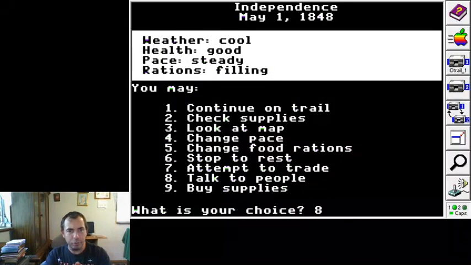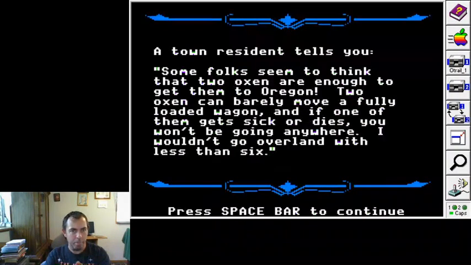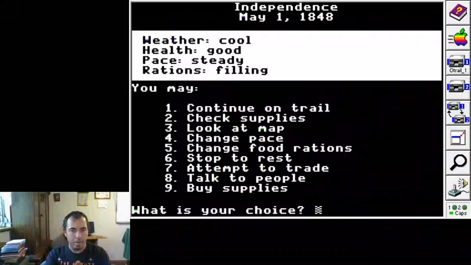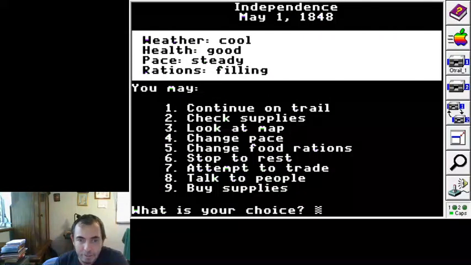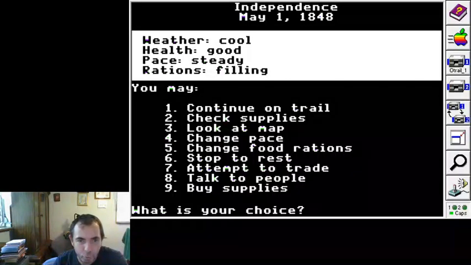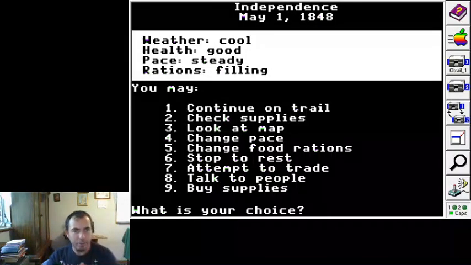And I think there's only a few per location. So you can attempt to trade if you really need an item. You can stop to rest if your health declines. Let's look at the map.